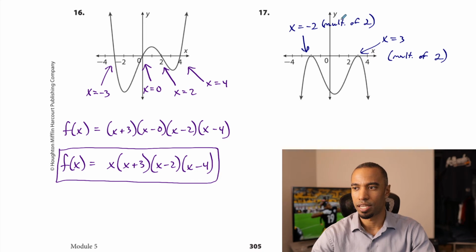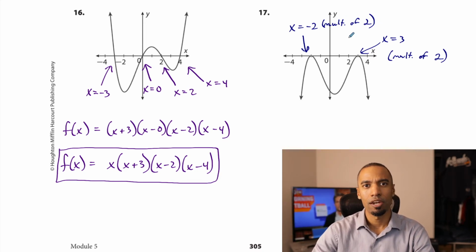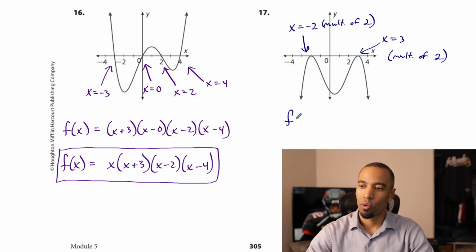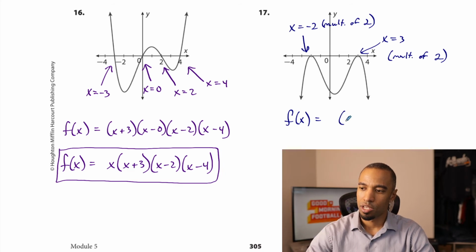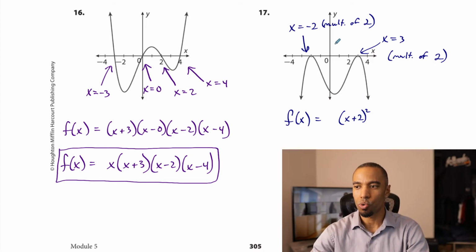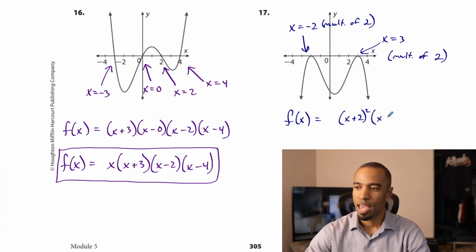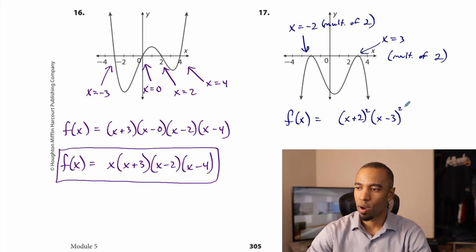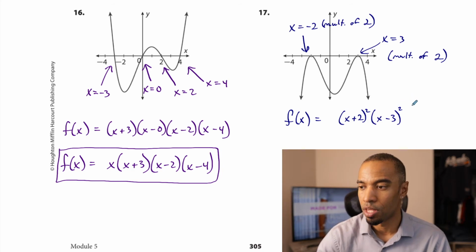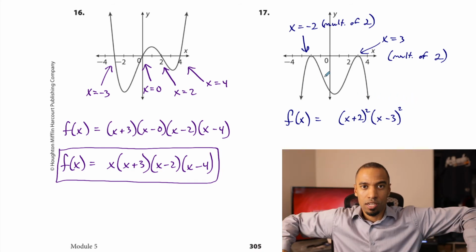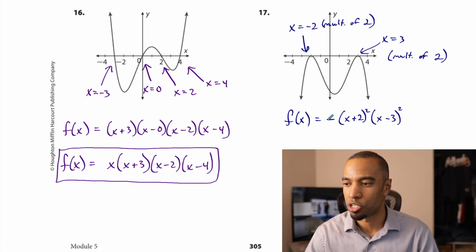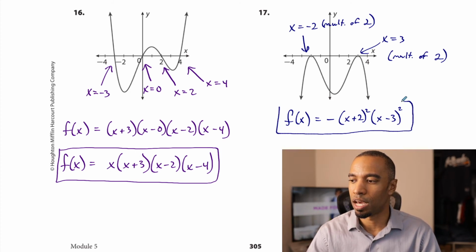So we know as a quartic here, it should only have 4 intercepts at most. It kind of has 2 intercepts here and 2 intercepts here with the multiplicities. So our thing here is x plus 2 squared, right? Opposite of -2. X plus 2 squared, that's the multiplicity of 2, times x minus 3 squared right there, again, multiplicity of 2. That's x squared times x squared, which gives us x to the 4th. Not done, though, because this one has a nature of start down, finish down. That's what would be true of a negative quartic function. So we got to put the negative symbol there, and we got to box our answer,